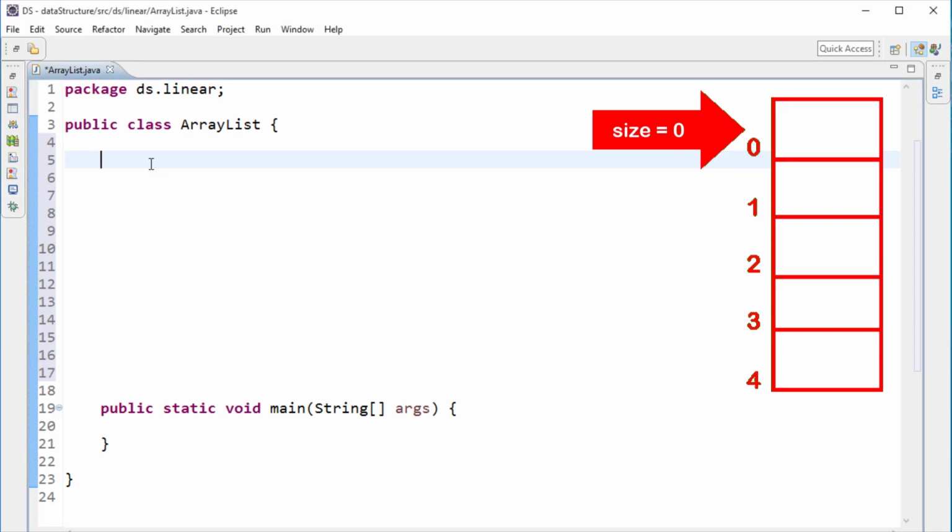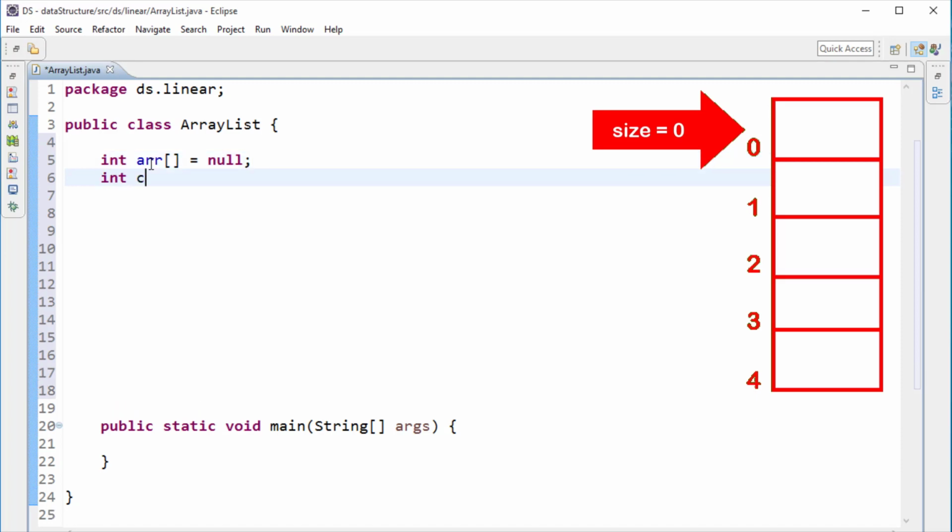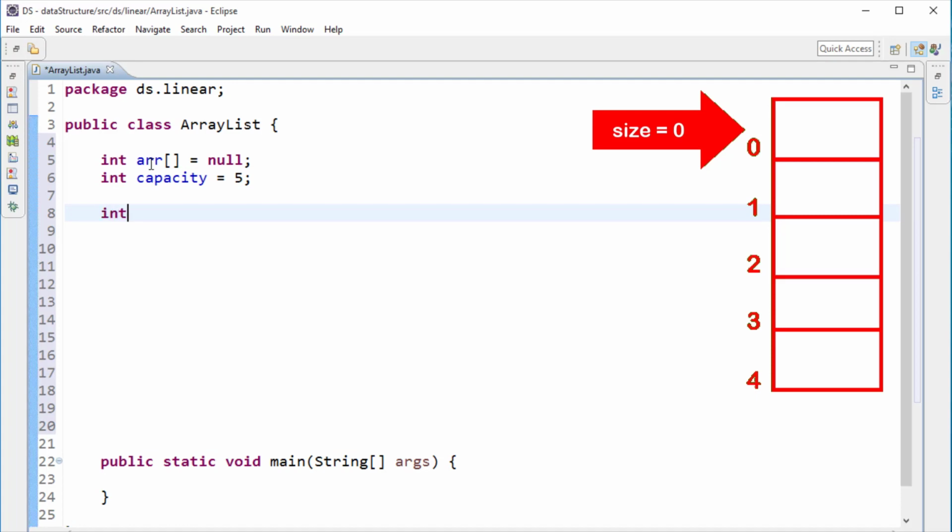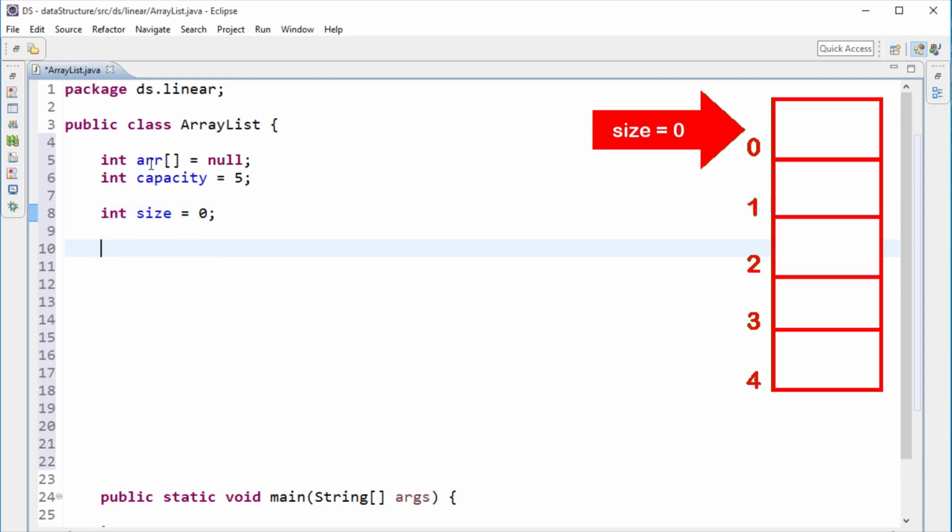For storing the data, you have to create one int array here. So I'm just declaring one int array as null. I want to create this array, so I need some capacity value. For that purpose, I'm creating one capacity field. By default, the capacity will be 10, but for demonstrating this ArrayList data structure, I'm changing this default value to 5. Okay. Now I'm going to create another field called size, for tracking the size of your ArrayList. By default the list is empty, so size will be 0.